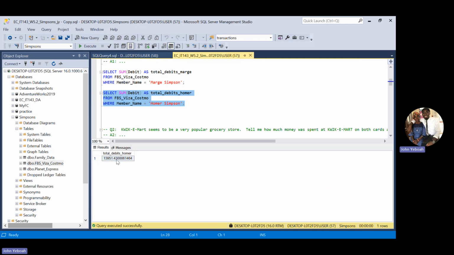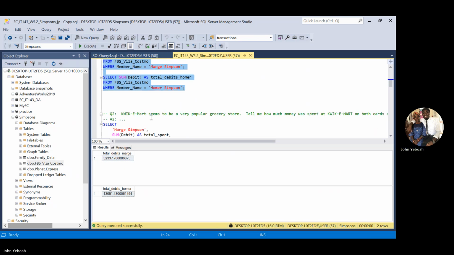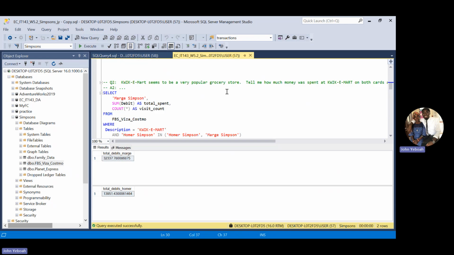And when I run that, you can see the total debit for Homer Simpson is 13,951. So I'm going to run both of them, and we can see the difference. We can see the biggest spender here happens to be Marge Simpson. All right. So I'm going to go to the next